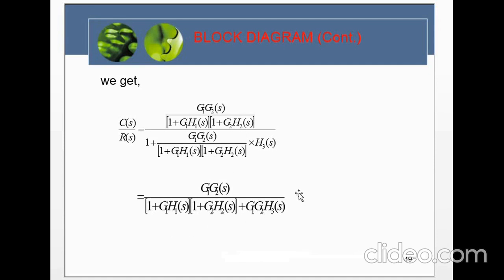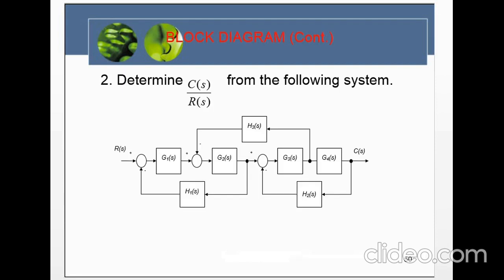This is the last. This is the full transfer function, or the simple model, and we can take it into the block, and there is the input R(s) and the output is C(s). It is the final block diagram. Okay, that was the first example. Next we look at the second example.